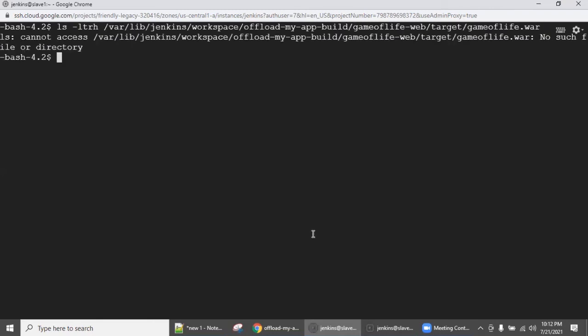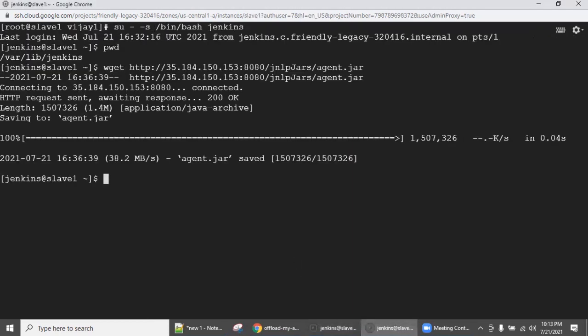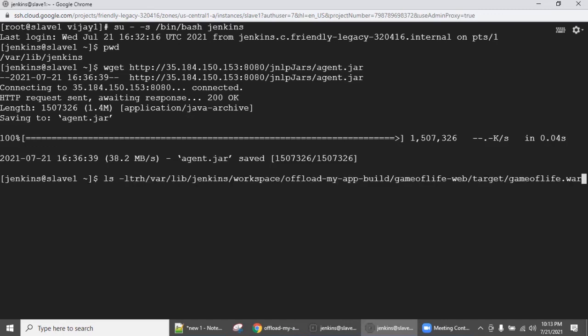See, there is nothing, but the task has been successful. So we need to find out where this task executed, right? Either you can snoop the log messages, or you can easily understand like this. Sorry, you have to give a space. There is a typo mistake.